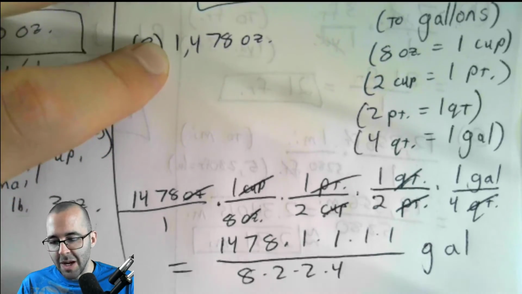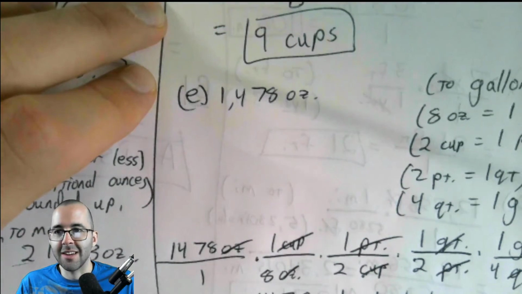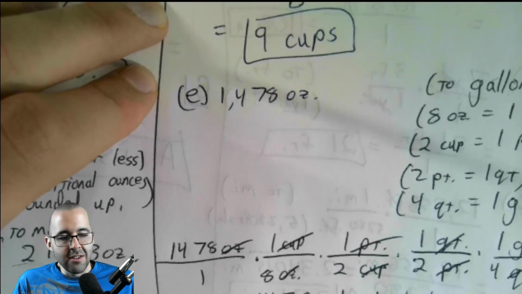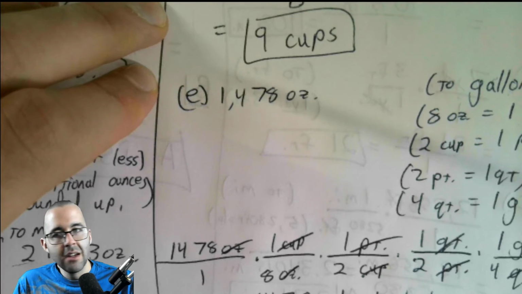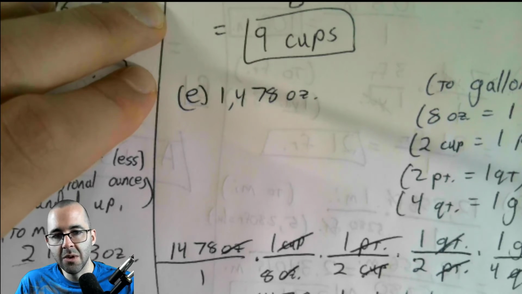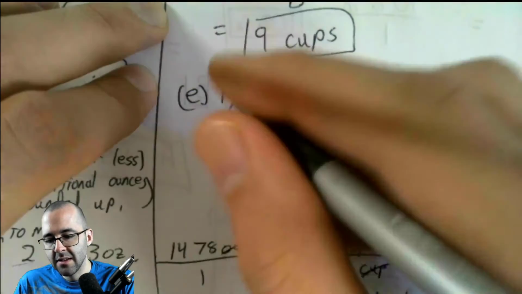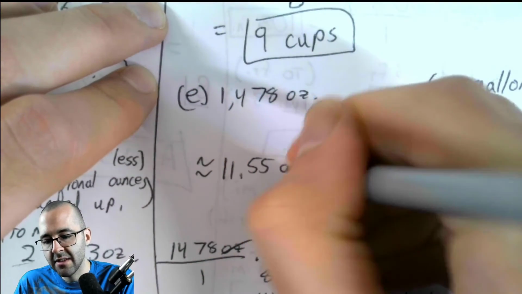And I'm out of room on my paper. So I'm going to cheat a little bit and set a bad example. All right, so into our calculator, we type 1478 divided by 8 times 2 times 2 times 4. And we get approximately 11.55 gallons